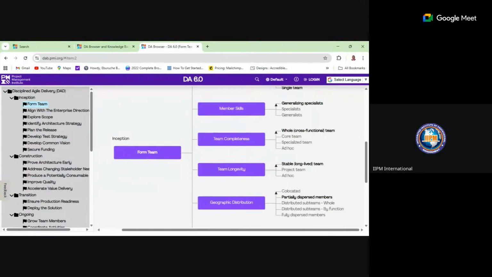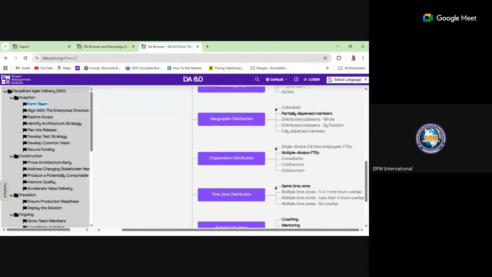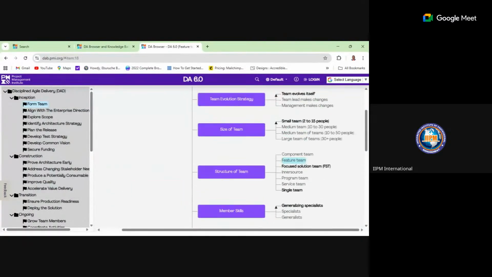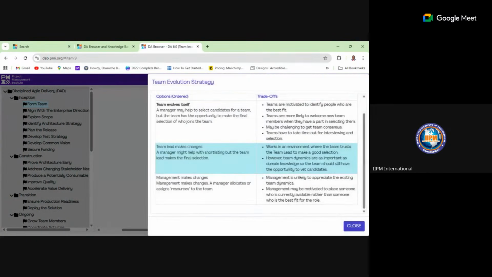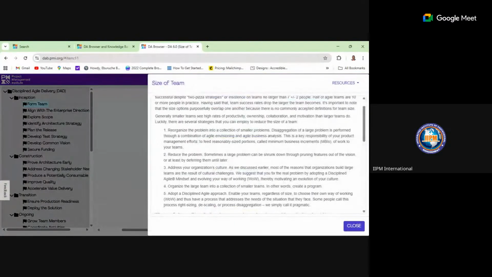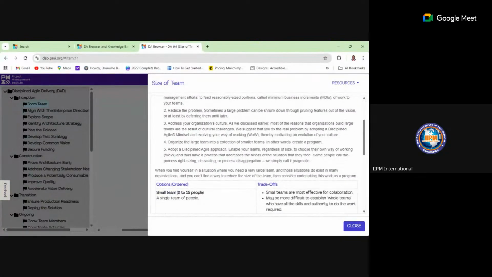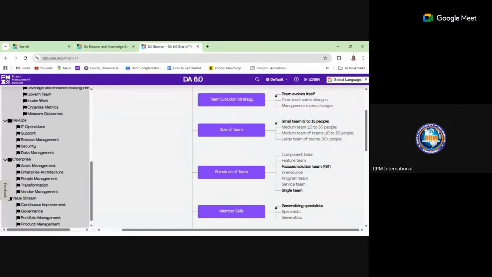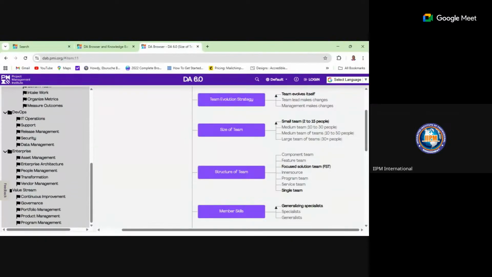What this does is, I believe that by the time you start using this, you would have understood the nitty-gritties of the DA, so that when you log into the DA, all you need to do is use it accordingly. For everything you click on, it tells you the options available, the trade-offs available, and it's left for you to choose your option. Anything you click on, it will give you a detailed description of what each of these things mean.